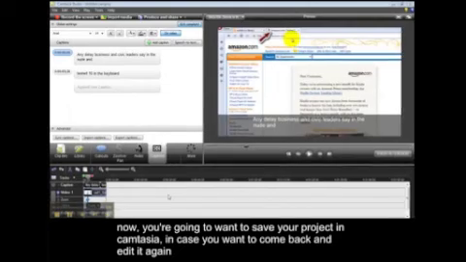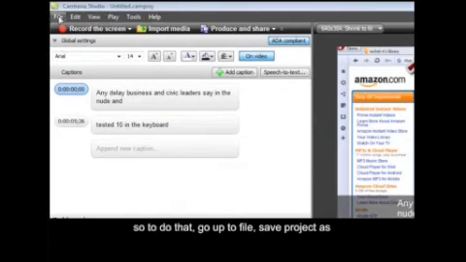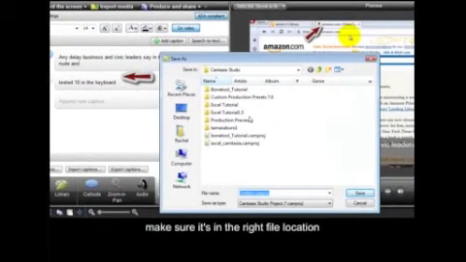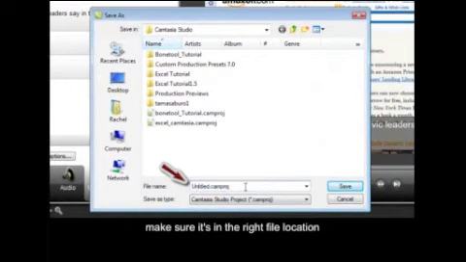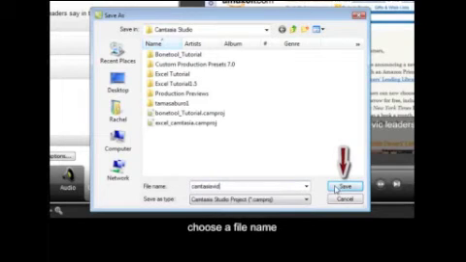Now, you're going to want to save your project in Camtasia in case you want to come back and edit it again. So to do that, go up to File, Save Project As, make sure it's in the right file location, choose a file name, click Save,